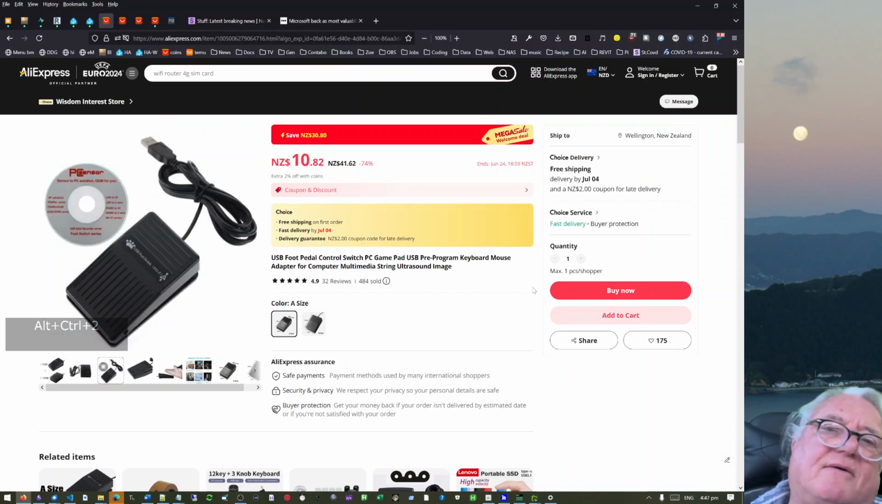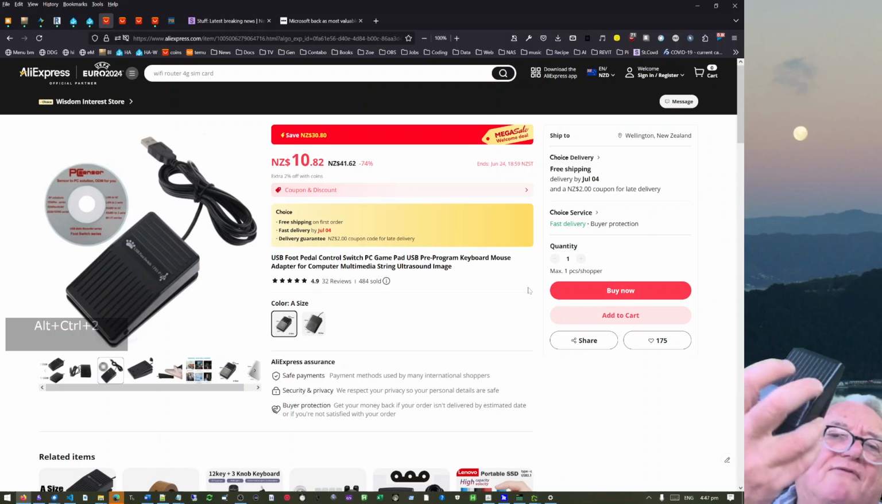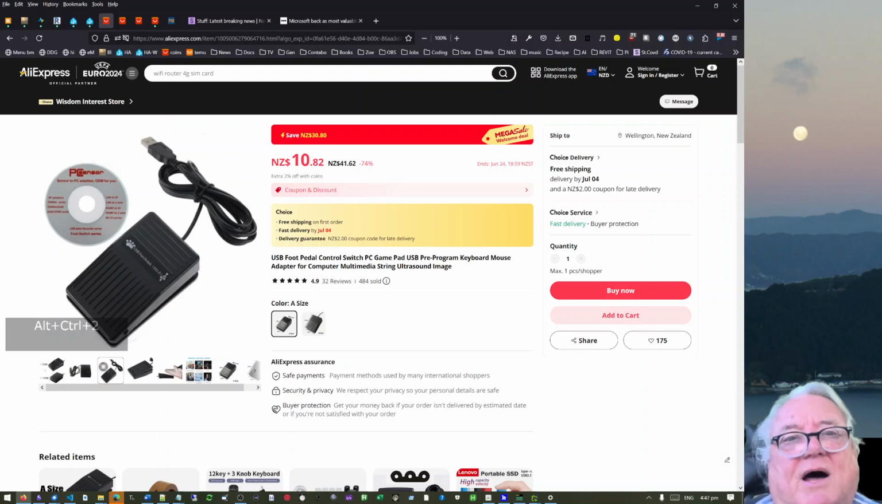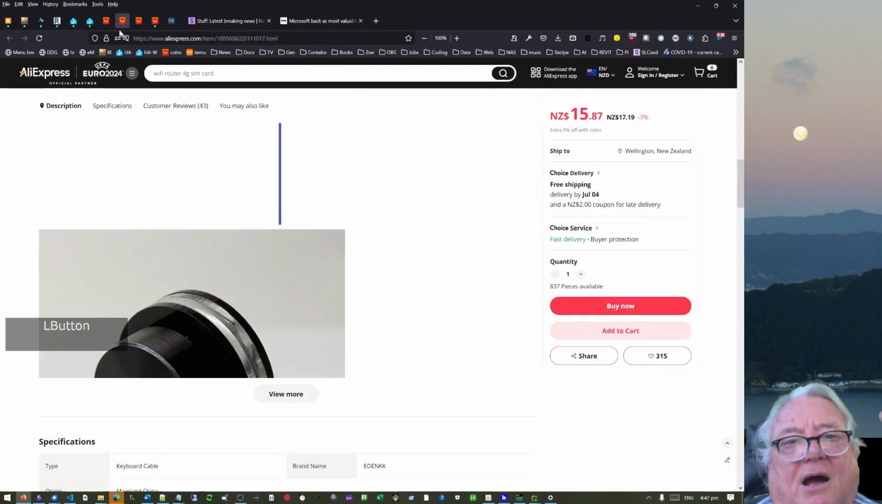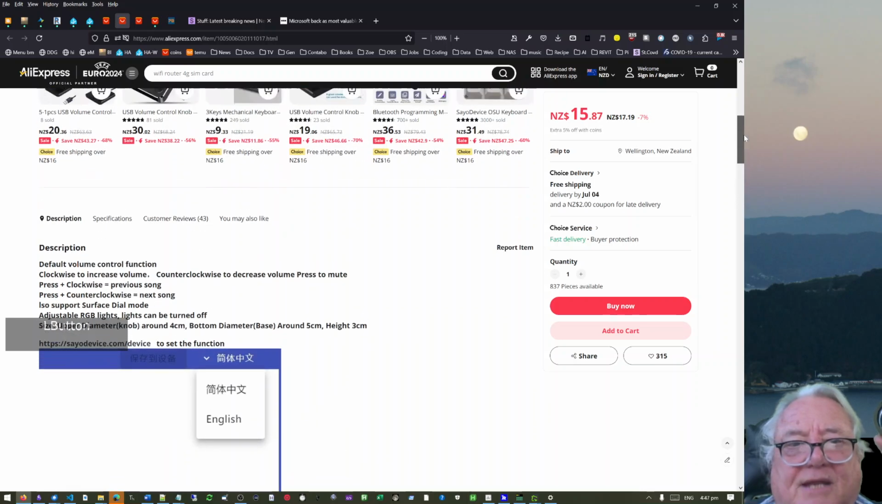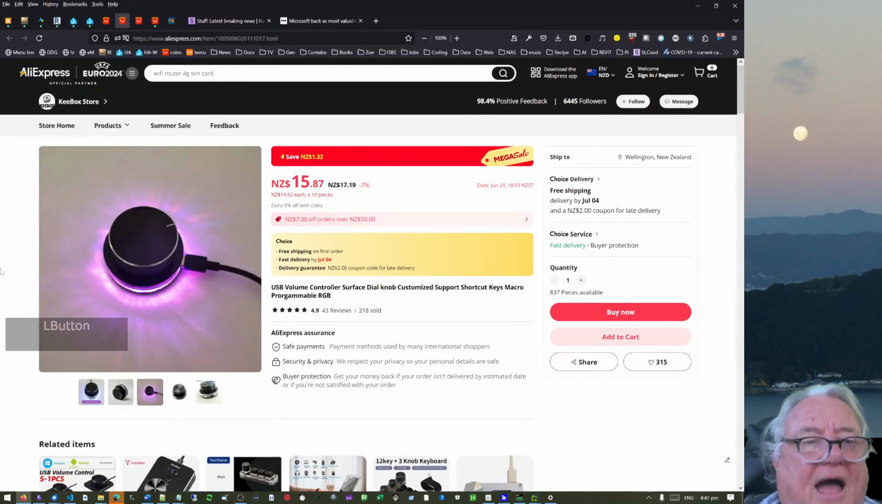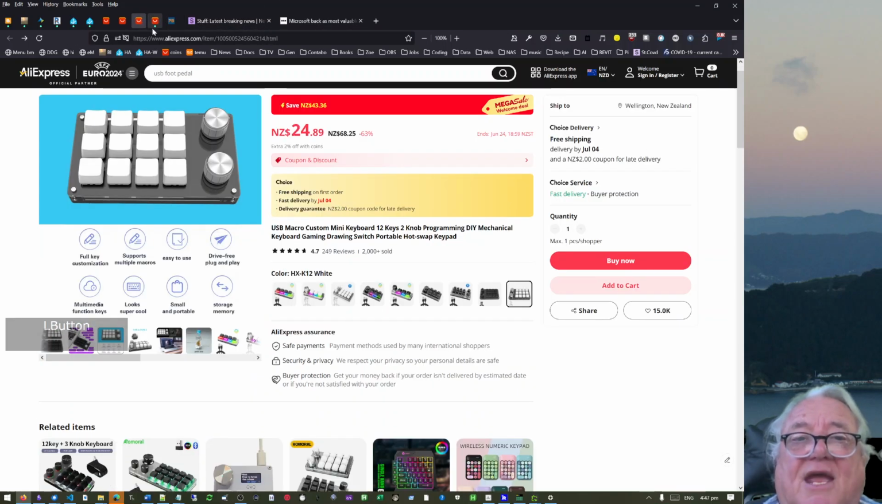I just want to talk about a few free productivity tools. The first one is a pedal. The second one is a dial, a knob, or a dial. Where's that gone? There we are, the knob. And the third one is a 7 macro key and 2 knob